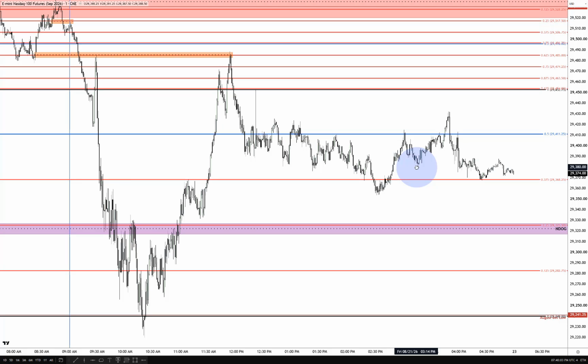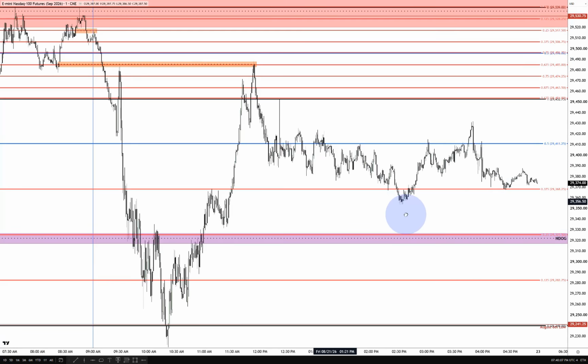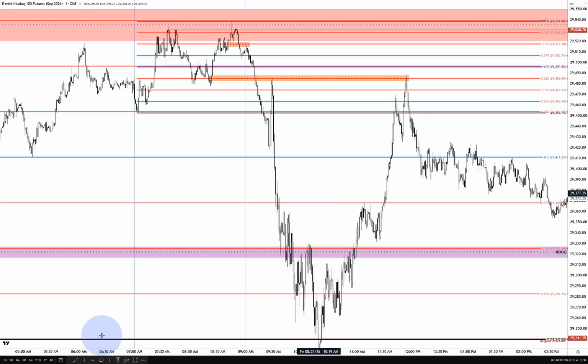So, I got a lot of questions, and we're just going to simply show you by contrast. Look at the bottom of the chart down here. Okay, this is what my chart looks like every single time I'm doing executions, and I always show the upper left-hand corner. When the market's open, it'll say market is open, and then it'll tell you how many hours before the market closes for the day. Okay.